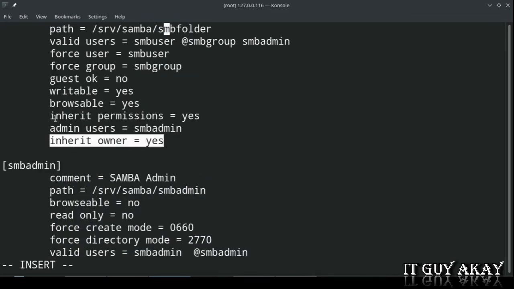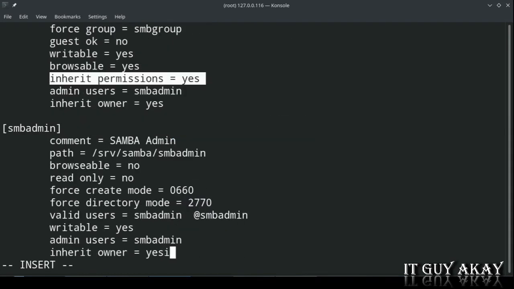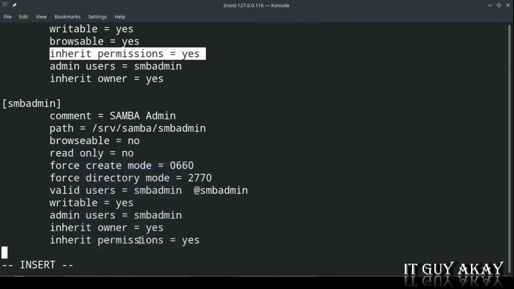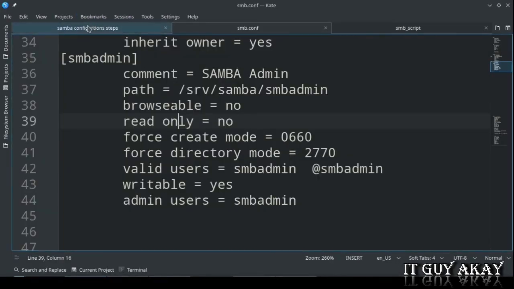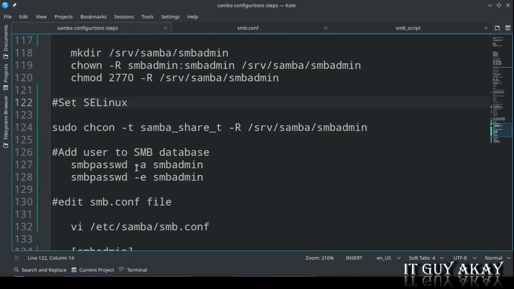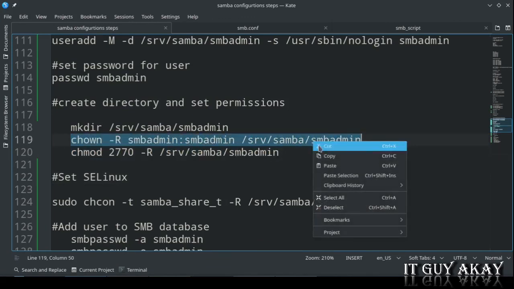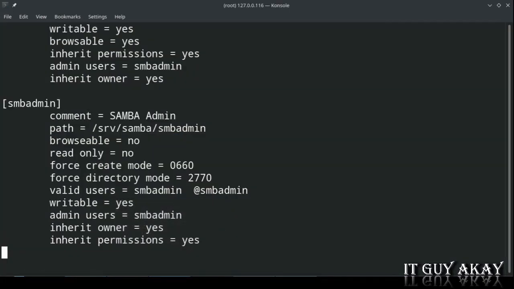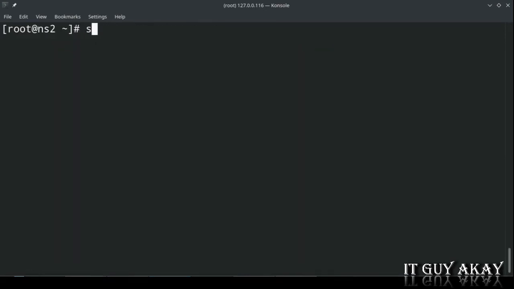Same again, specify inherit permissions equal to yes. This will inherit permissions from the parent directory. Save and exit. Reload SMB services.